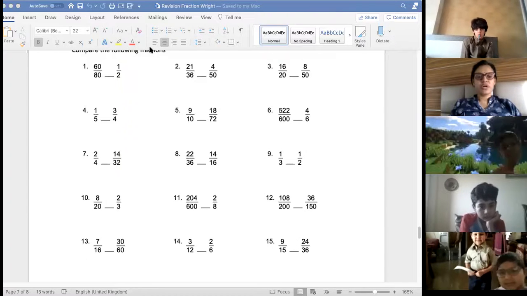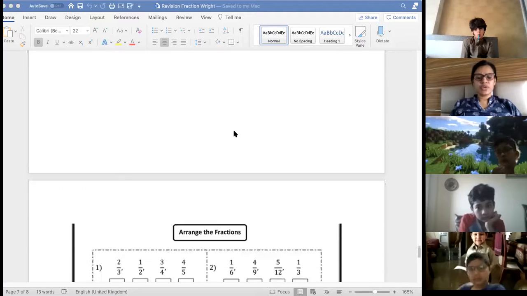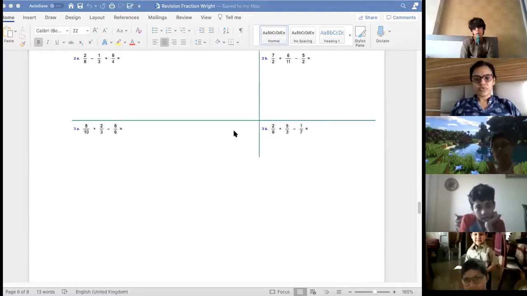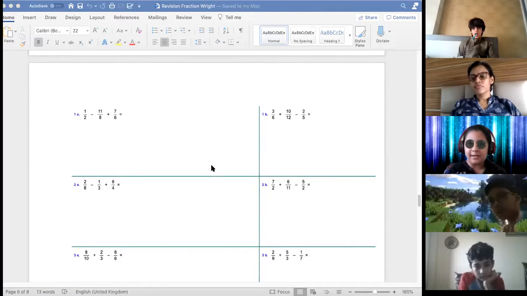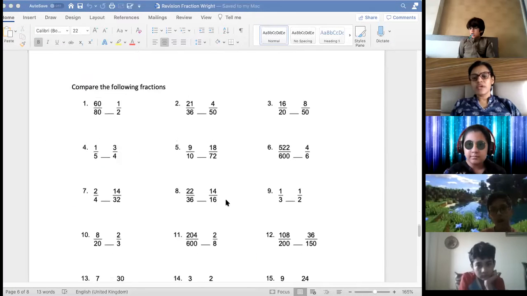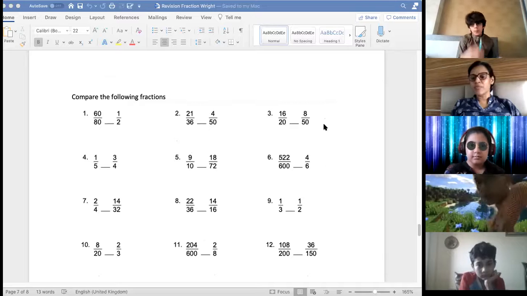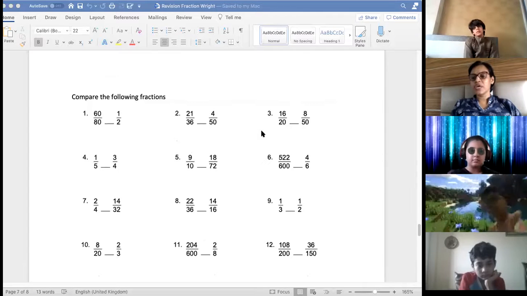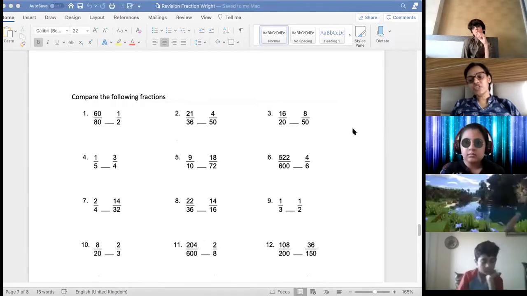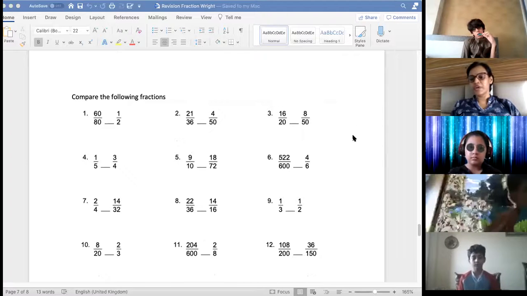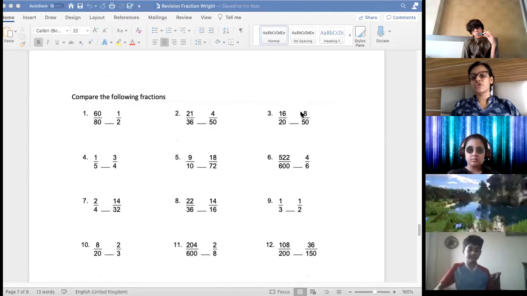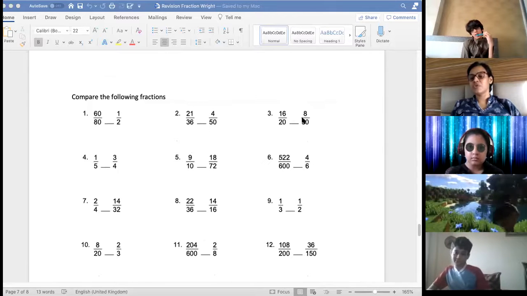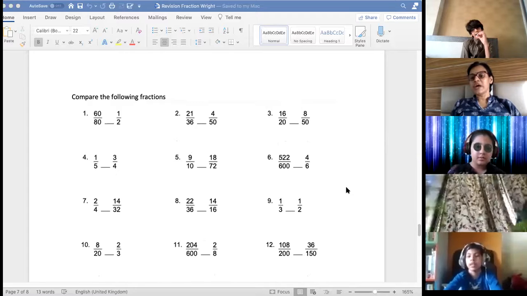Ma'am, I have a question. Yes. Who is asking? Why don't we write it by the denominator? That is a shortcut method. Okay, the normal method is that you have to make the denominator same and then you have to find out the greater numerator. So when two fractions are given, this is a shortcut method to find out by cross multiplication. Okay, Rashna? Normally in arrangement, what do we do?